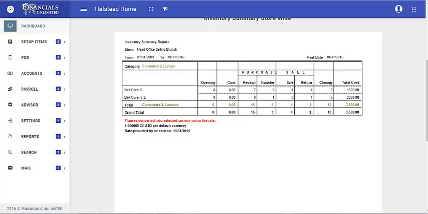And these are the category. It would give you category. It tells you computer. This is the category. Now computers, and now this is the product name. It gives the whole picture of how much was opening, how much you received from purchase, and how much was sale, and how much was transferred back to the head office, return was done, received from your customers, how much is left, closing balance in this particular store,